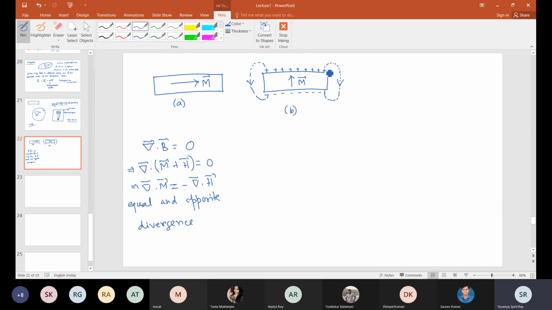Now if we look at this, these flux lines will be coming out from the top and they will end up at the bottom. And we have multiples of such lines. So these surface poles give rise to an additional field that we call the demagnetization field. We have a magnetization which gives a field in the Z direction, and a demagnetization field arising in the minus Z direction. Is this clear?